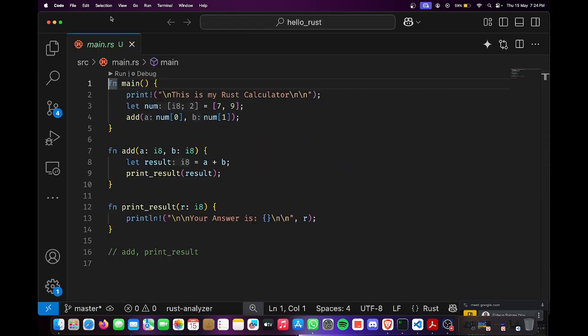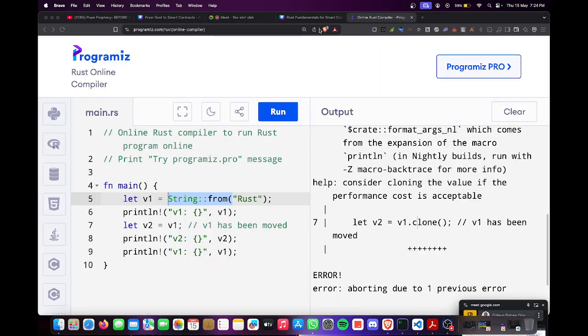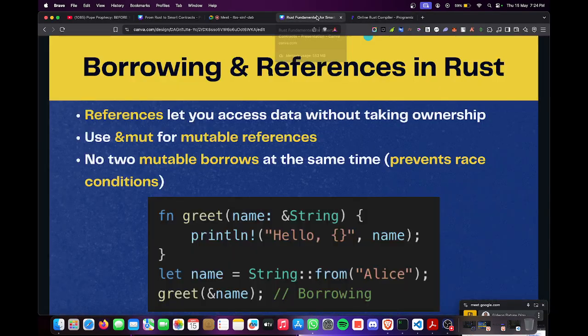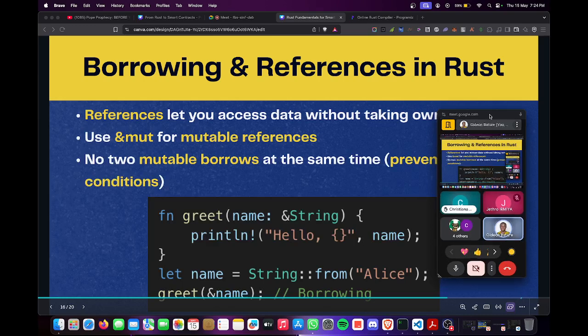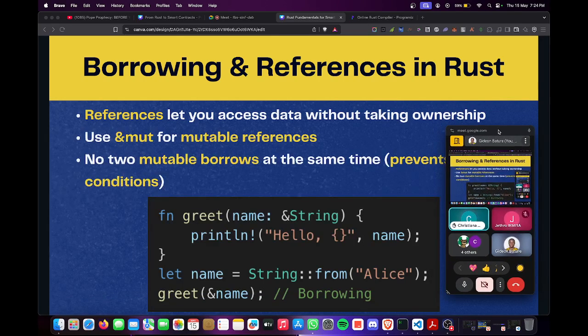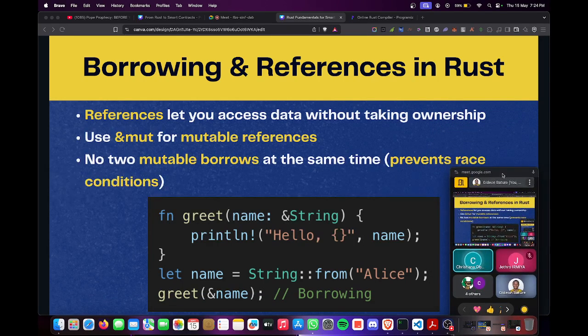Good. I think Christiana is raising her hand. Okay, Christiana, how are you? Hi, sir. Good evening. Yes, good evening, everybody. Concerning this ownership, can you give a real-life example? I know it's ownership, but maybe a real-life example will make it stick. I don't know if you can understand. Yes, all right. So, Christiana,